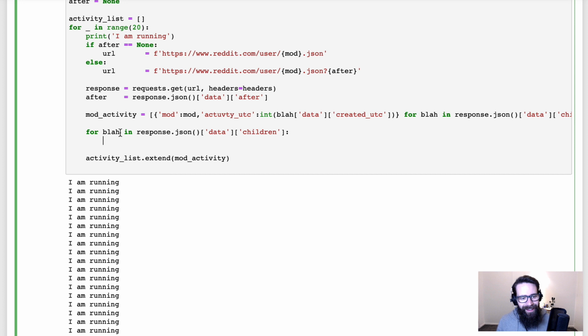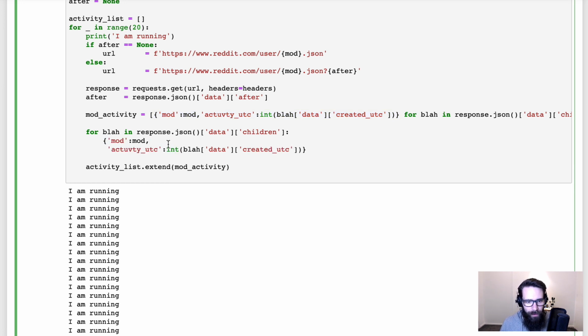So for blah in response.json data children, okay, what we are going to do is create a temporary, I'll just create it as a dictionary. It's pretty easy. So the dictionary is this one here, if we recall. So we'll just bring that back into this loop. We'll put it on multiple lines, so it's a little bit easier to read. So we are looking at mod, and we've got mod coming in from elsewhere, and we've got activity UTC,